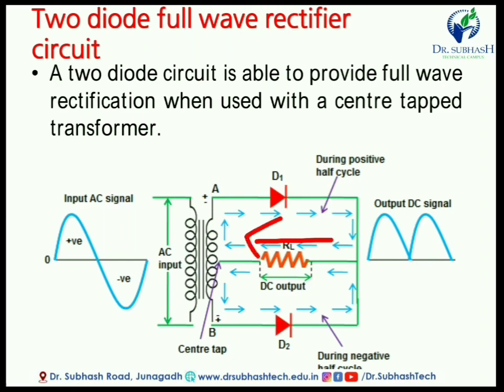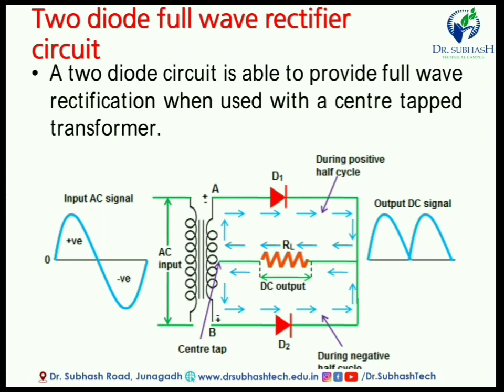So what happens? The negative half cycle waveform is transferred to the positive part. Here the negative half cycle is like this, but due to this current direction it will go above the origin line. So you get this type of waveform, where every half cycle is converted into pulsating DC. This is not pure DC. We cannot say that the rectifier converts directly to pure DC, but pulsating DC is there, and for the conversion to pure DC we have to use a filter circuit.